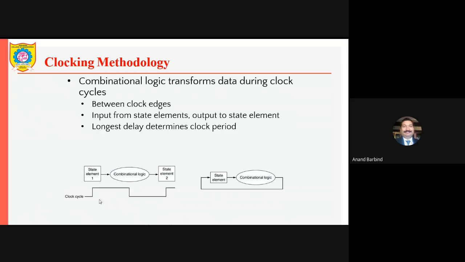So the flip-flop may be set or reset, and finally the next state will be set or reset. Here the combinational logic may work on a group of elements, and in that case the group of elements will undergo the state change. So the actual diagram can be drawn in this fashion. Input is taken from the state element, combinational logic applies those particular rules or logic, you can say, and it gives back again to the state element, so that the state of this element will change. That happens in one clock period.